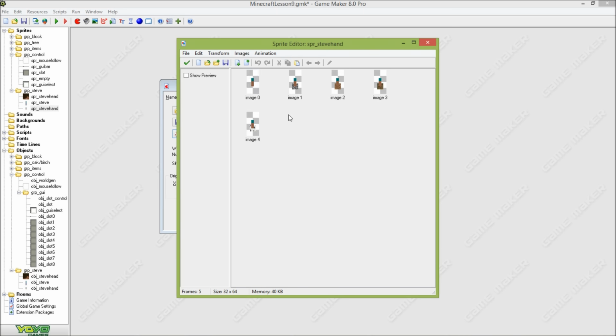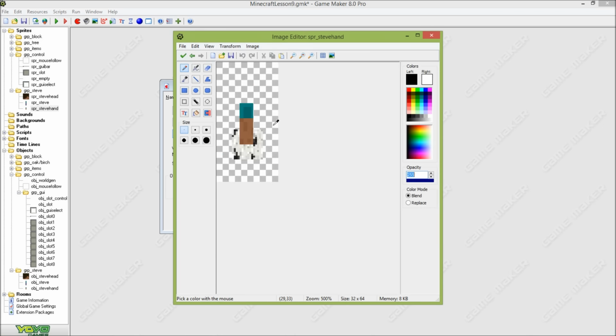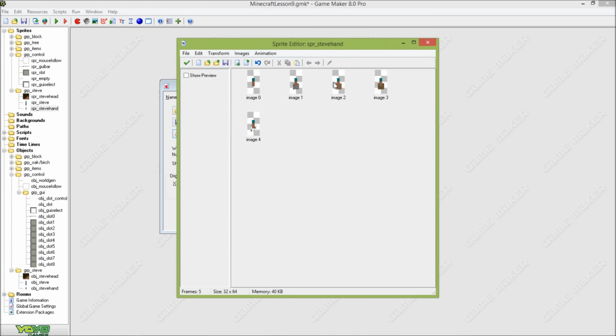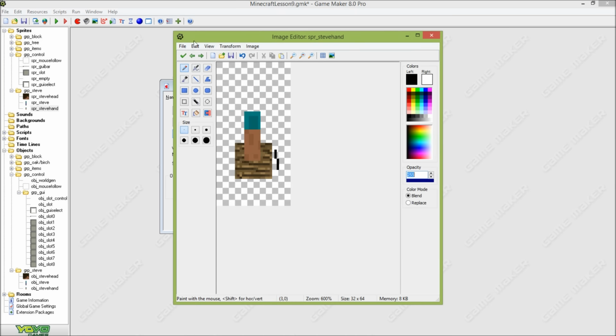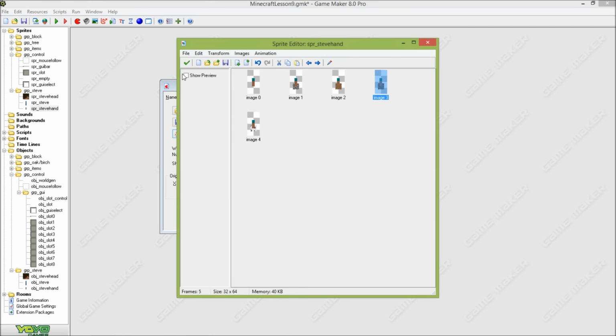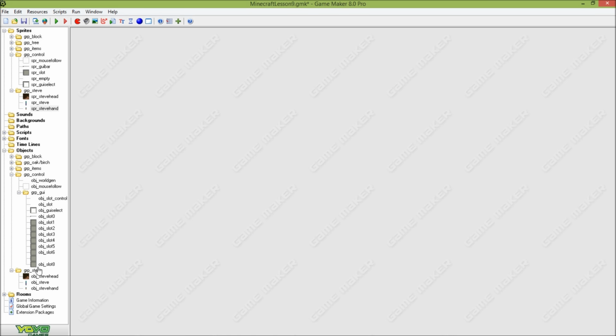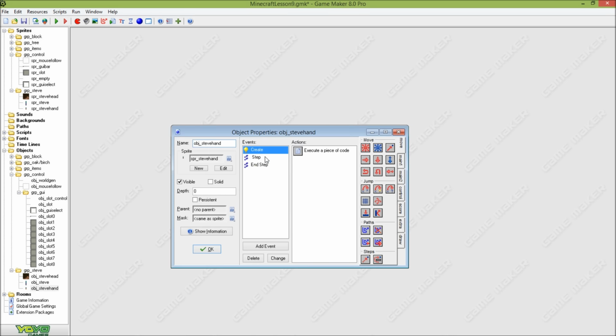So I'm back and I imported my sprites, and what I did, I just copied the items sprite and rotated them, so this is actually the top. You can see that more clearly here. See, this is the top. So now we want to say 15 and 23. Yeah. So then we are going to object hand,